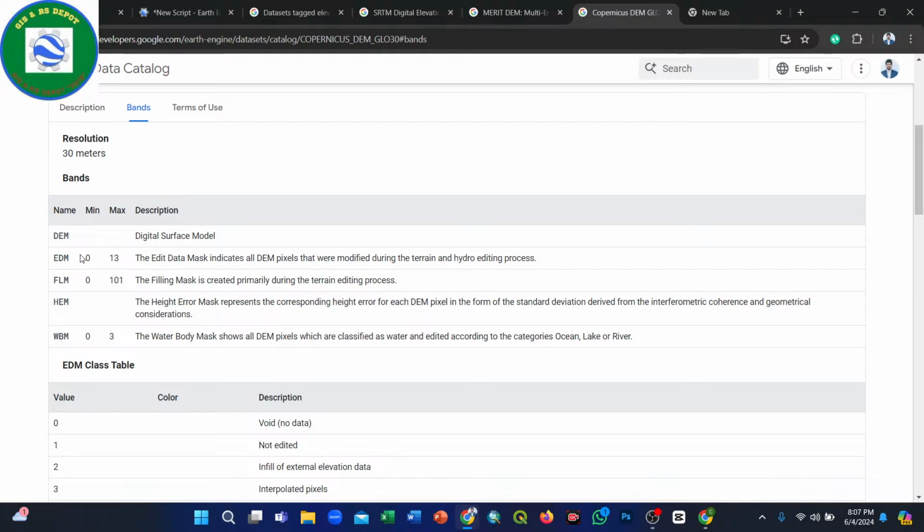All of the description of this data set you can easily find using the Google Earth Engine platform. So if you want to use it, just copy this data set and paste it in your code editor, and you see. So here you see, I already showed the three